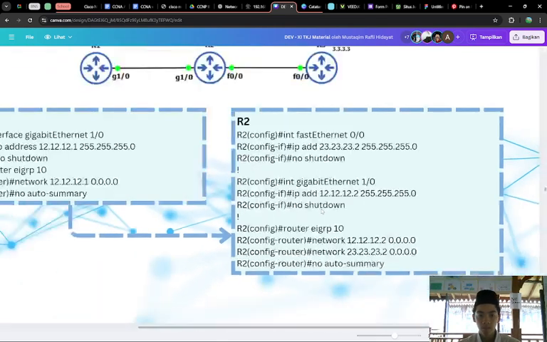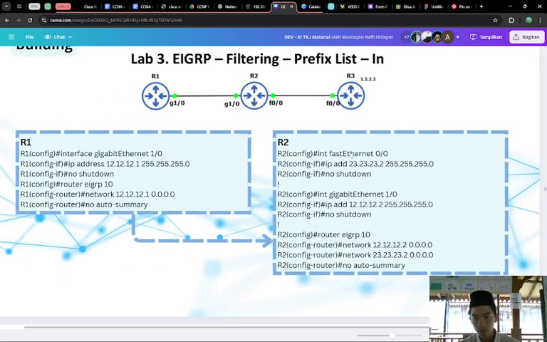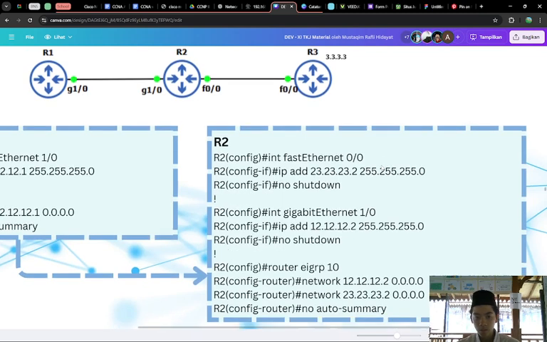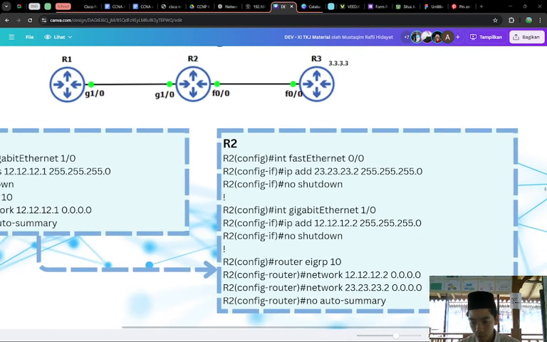And then for router 2 you can see the configuration.